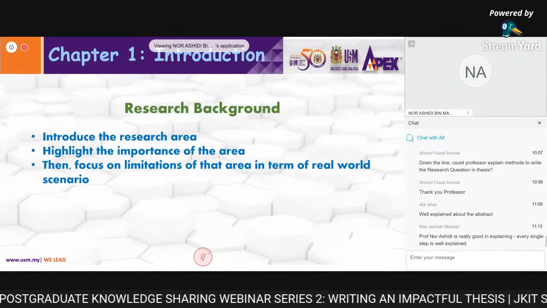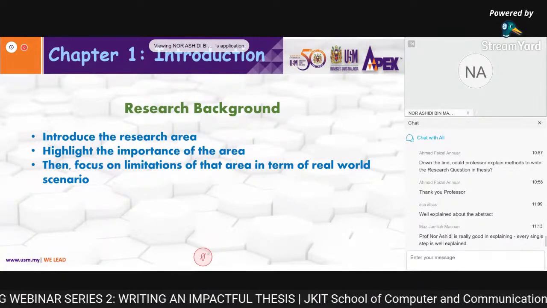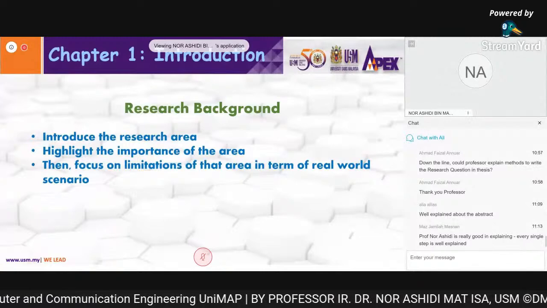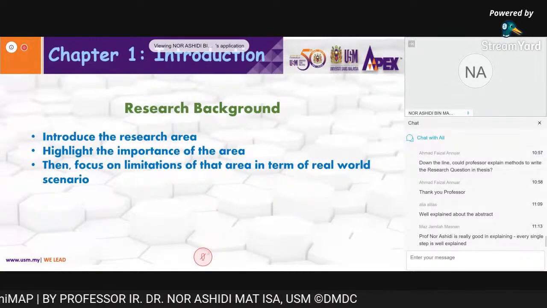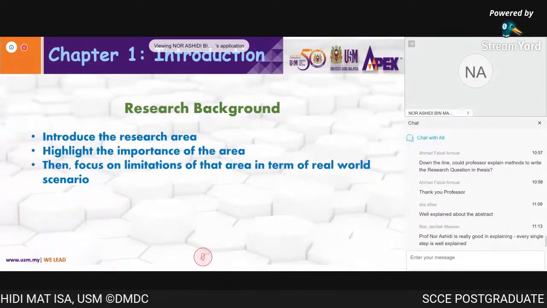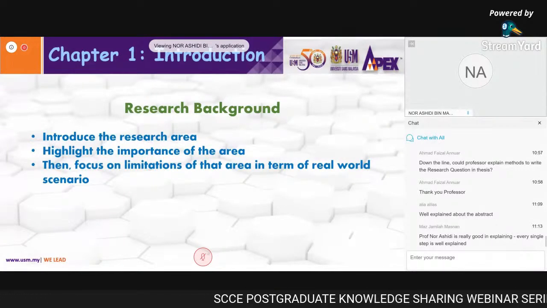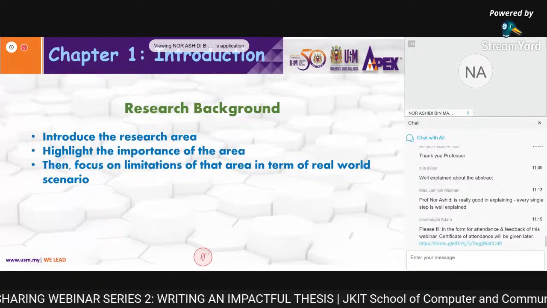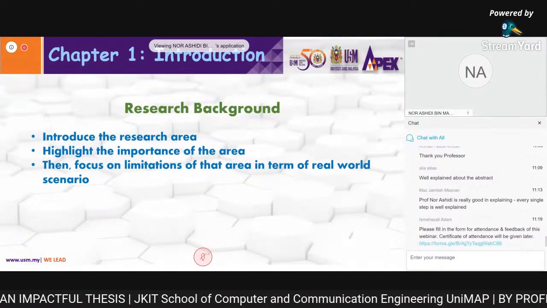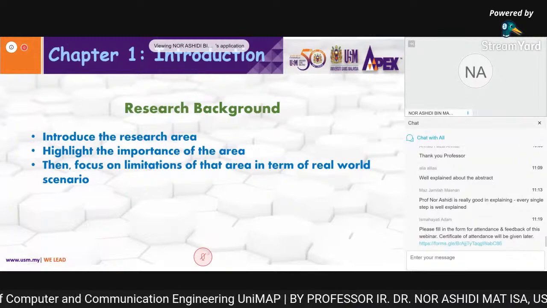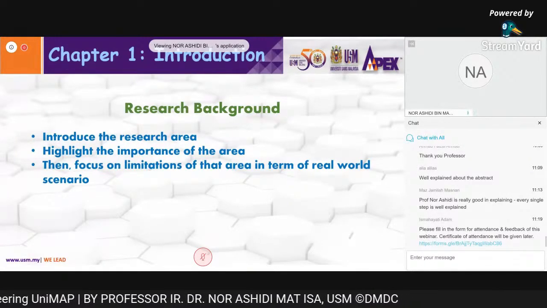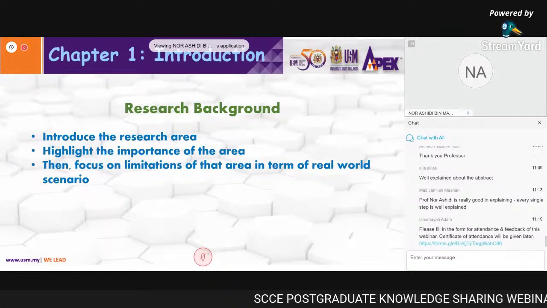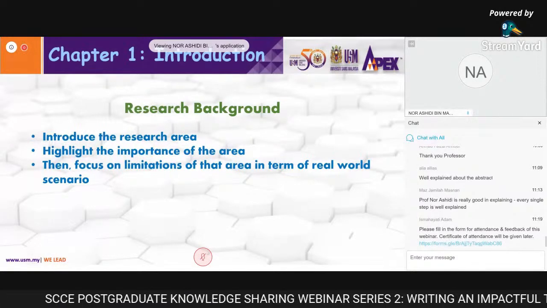Cervical cancer is the second most common cancer among women. Its mortality can be reduced if you have a proper screening test, and the common one is pap smear. However, pap smear has limitations, and so on. Okay, so that's the introduction. Because we are engineering, we don't want to say how pap smear starts, with cells taken from the human cervix, smeared on a slide, then put under the microscope. If you want to put that, it will be in chapter 2. Now it's only an introduction.